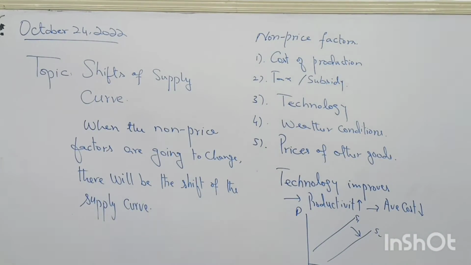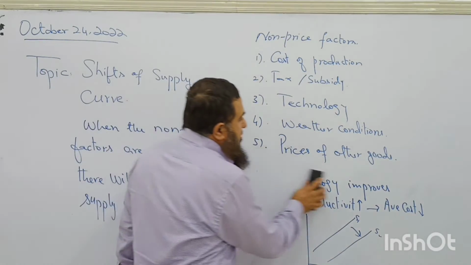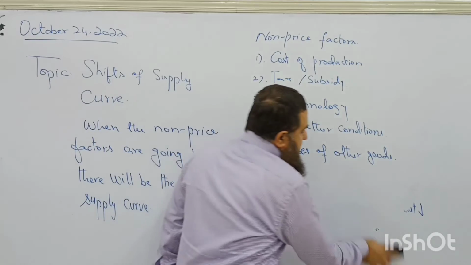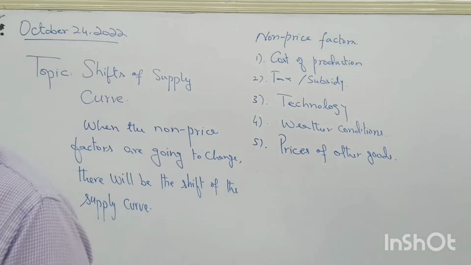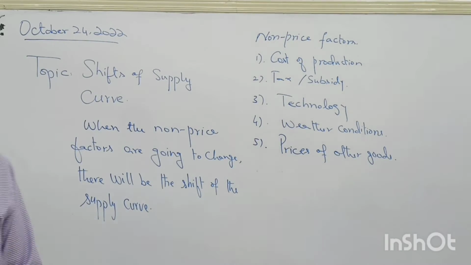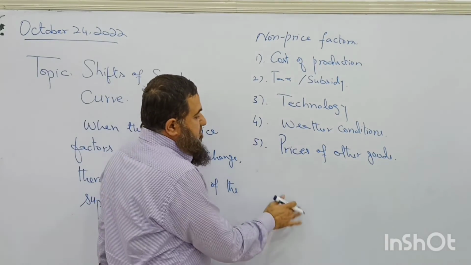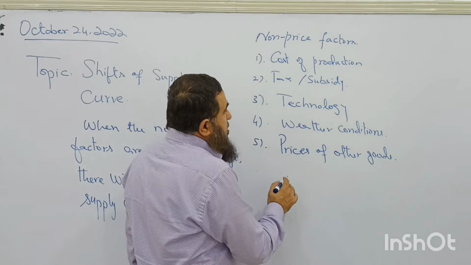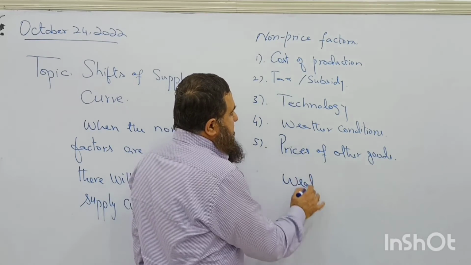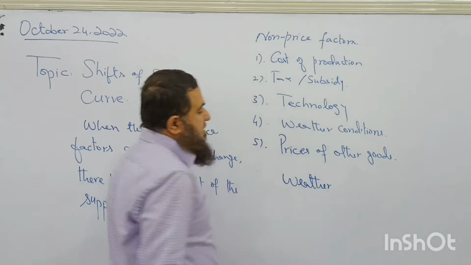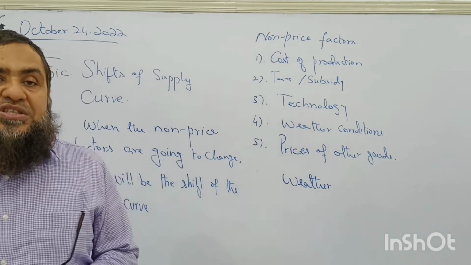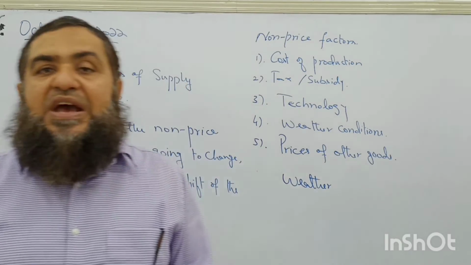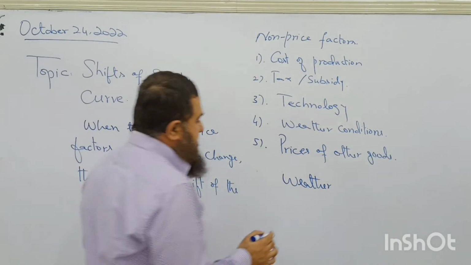A climatic change will also change the output level of the agricultural goods. What happened during the flood in our south area? We are facing flood in the south of Punjab and the province of Sindh. So what is the weather doing? Weather is changing over the period of time. So agricultural output is weather dependent. So when weather is favorable, what happens?